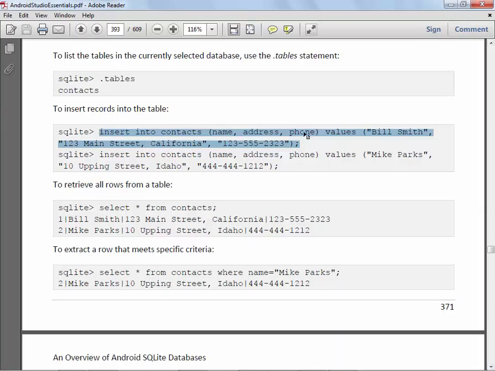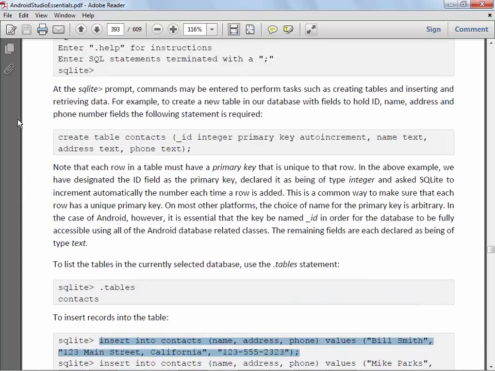So this says the name is Bill Smith. The address is 123 Main Street, California. The phone number is 123-555-2323. One thing about this is if you go and look on the screen here for a second, the author